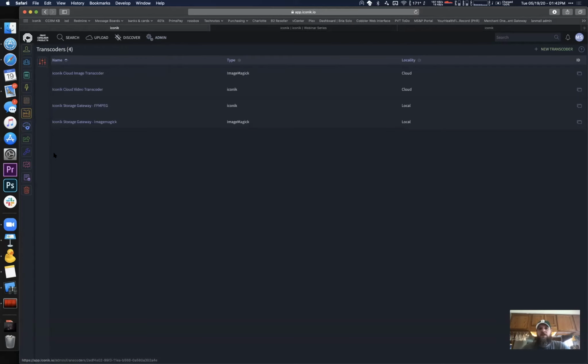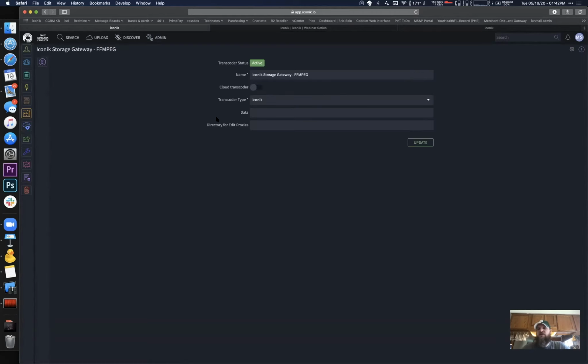So when we create transcoders for storage gateways, and we create them automatically for you out of the box, but if you go in, there is an actual optional field here that is directory for edit proxies. And this is relative to the root of your storage gateway. So if your storage gateway is that /volumes mysan projects, and this would be at /volumes